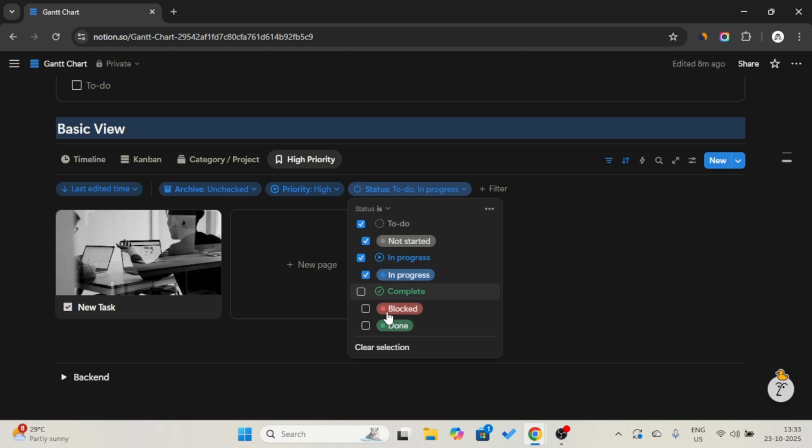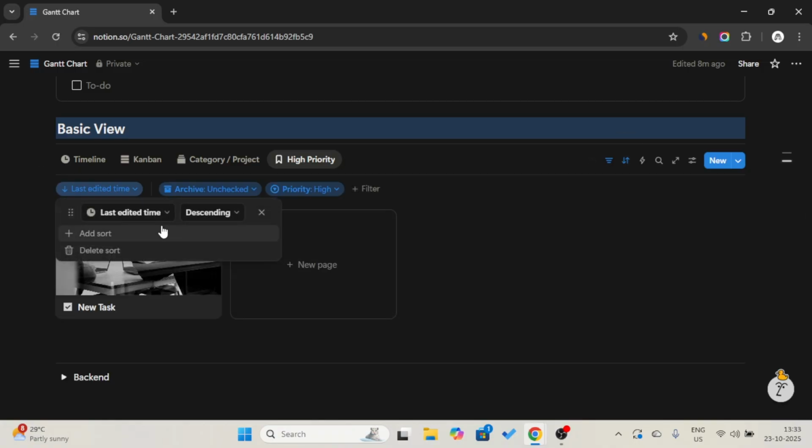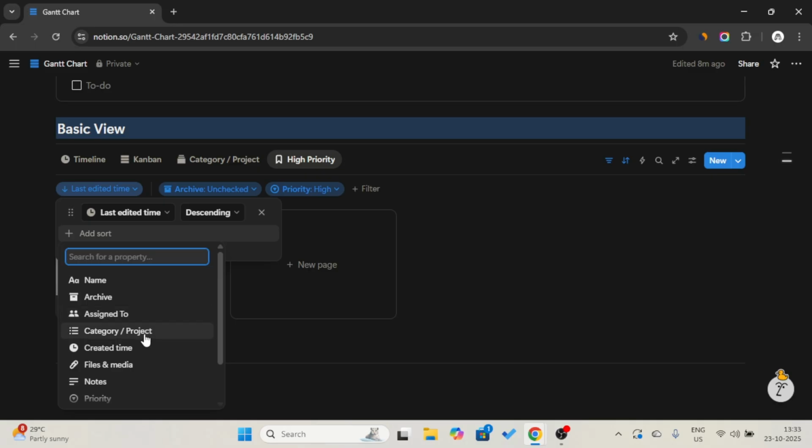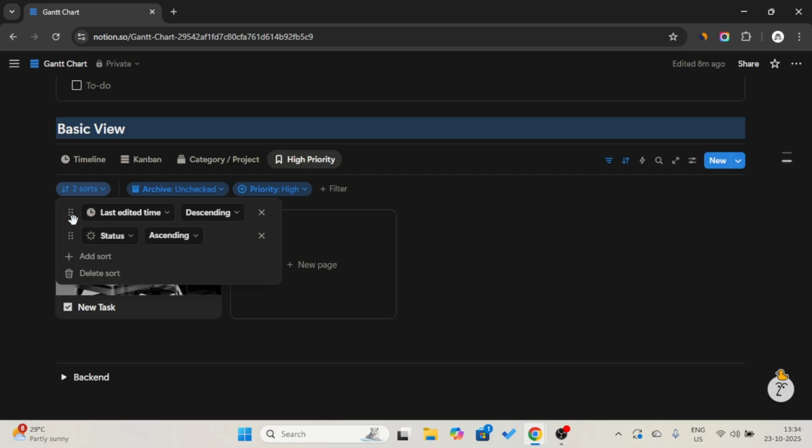And also, if the high priority task's status is blocked or done, I don't want to see all that here. Or you can just come over here and create a view. Okay, status is ascending, and then on top. So what it does is,